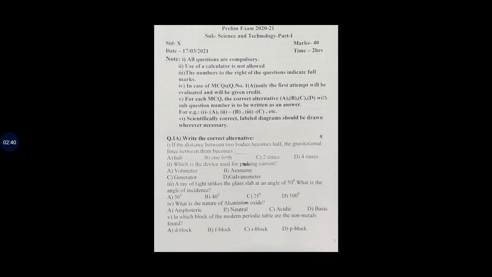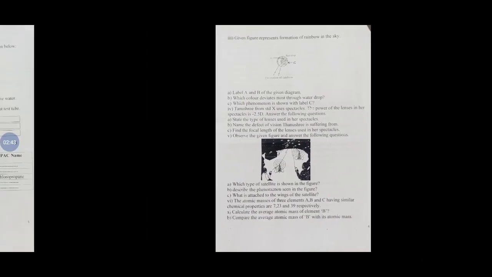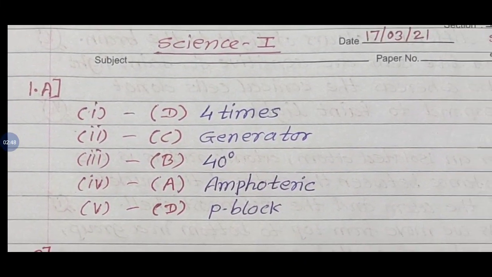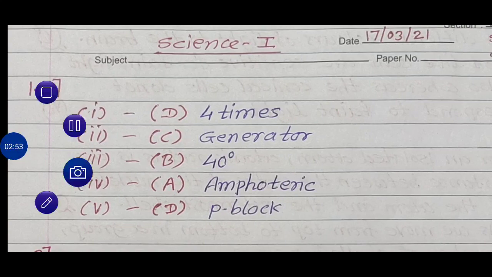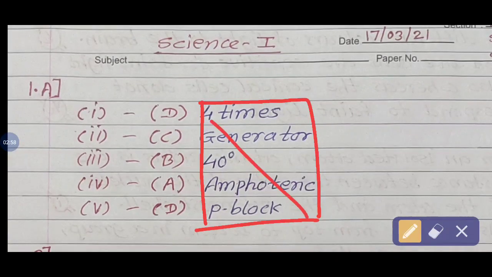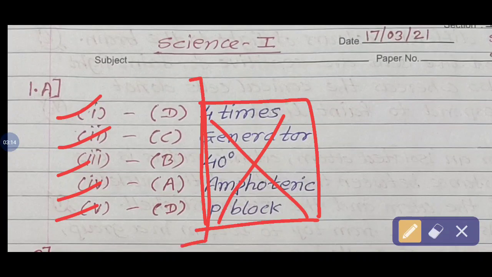In which way you write the answer, I will show on my answer sheet. See here. All the answers you write in this pattern. This part is not needed. Don't write the answer text that is given in the objective. Your answer is like this: first A, that is the first option, D correct. Second C correct. Third one B. Fourth one A. And fifth one D. Write your answer in this pattern only. No need to write this part. Clear, all of you? Yes.